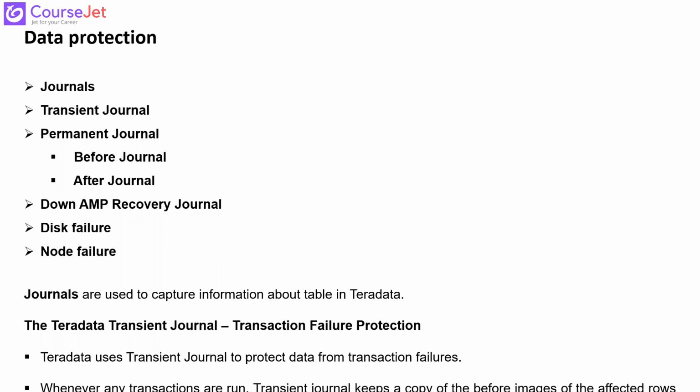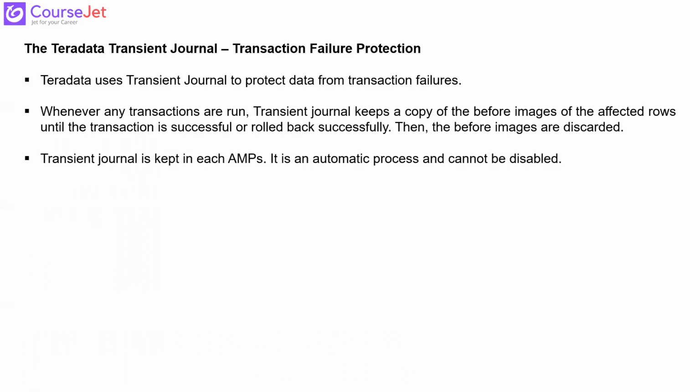As you know, Teradata is auto commit. So whenever there is a transaction going on, like when you do an insert or update, that is called a transaction. Whenever any transaction is run, the transient journal keeps a copy of the before image of the affected rows. This journal will have your before image, and whenever the transaction fails in between,